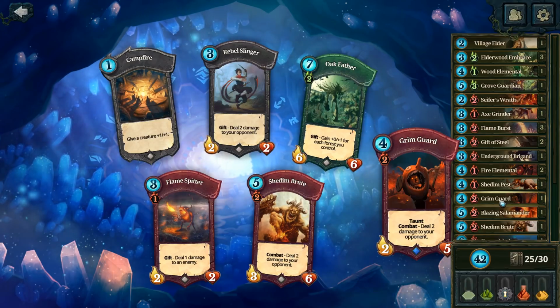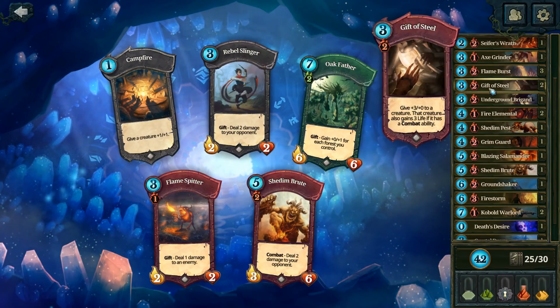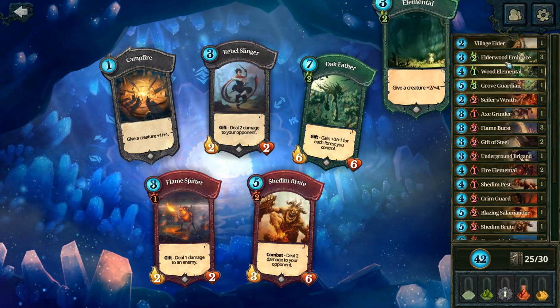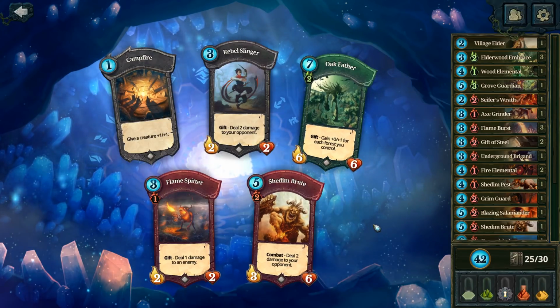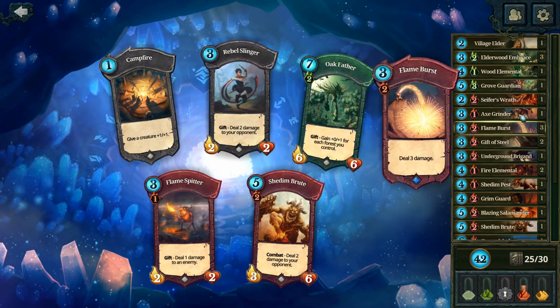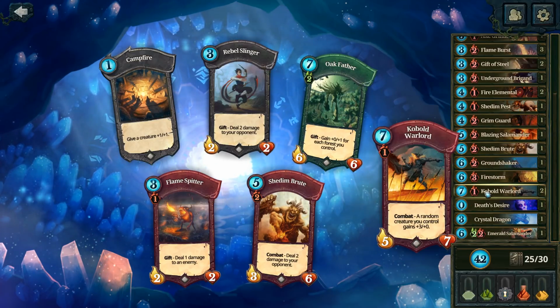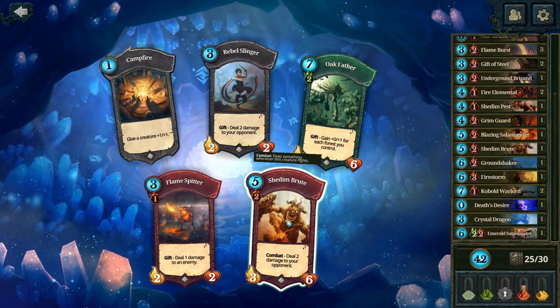Oh boy. So do I go for Oak Daddies or another Brute? Well, we have 2 Gifts of Steel. No guarantee we'll draw them. I have freaking Elderwoods, and this can get so much value. Or just take a big body here. It's a difficult call, actually. How many really big fat creatures do we have? We have 2 Kobold Warlords. We have 2 big pieces of fat already. I'll take the Brute here, actually. That might not be the right...